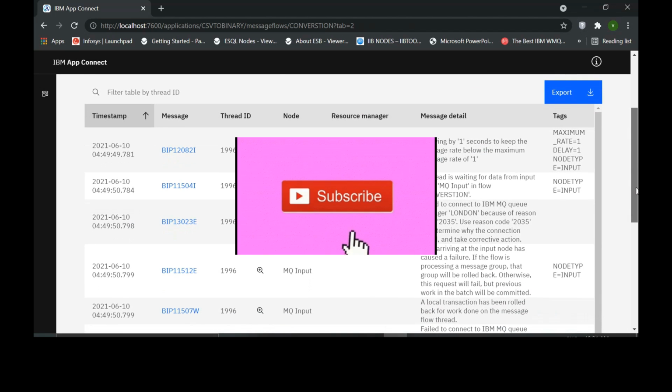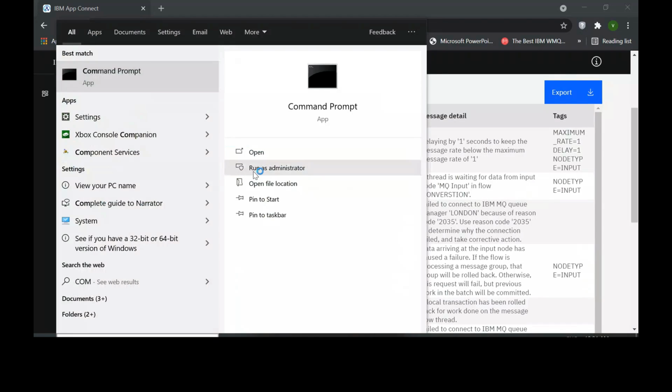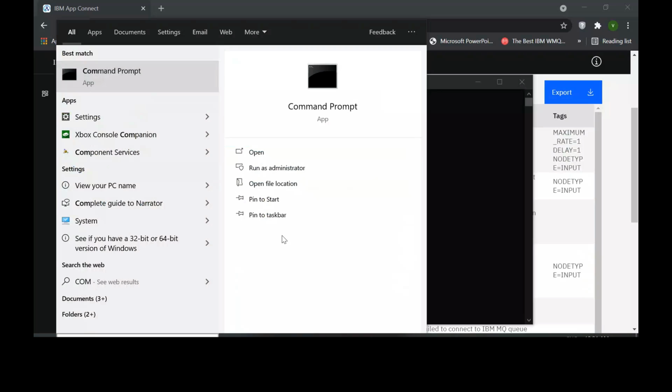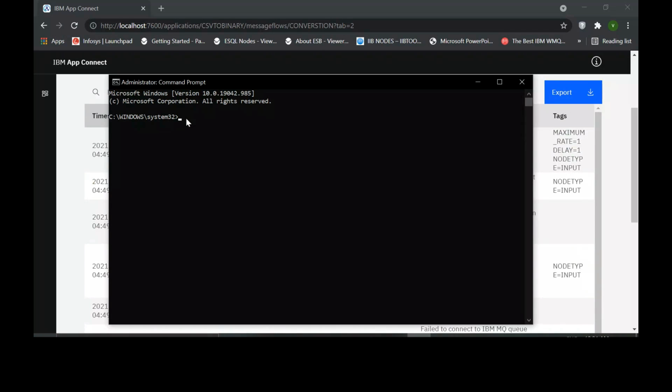Go to command prompt, CMD. Type in MQRC space 2035.